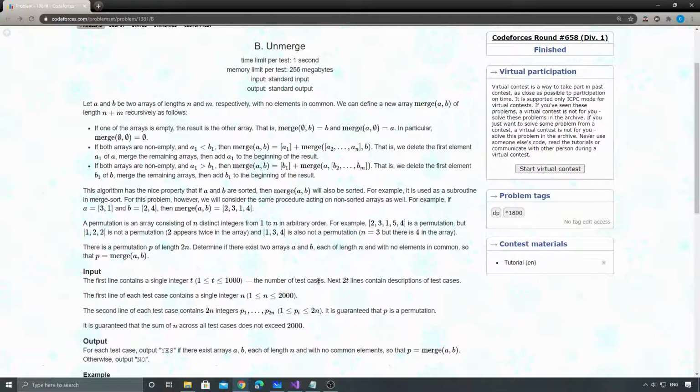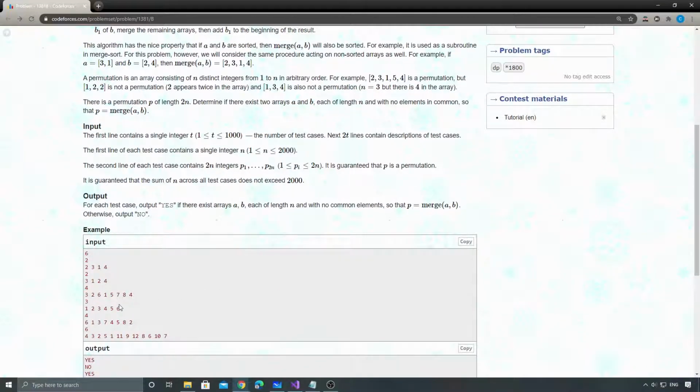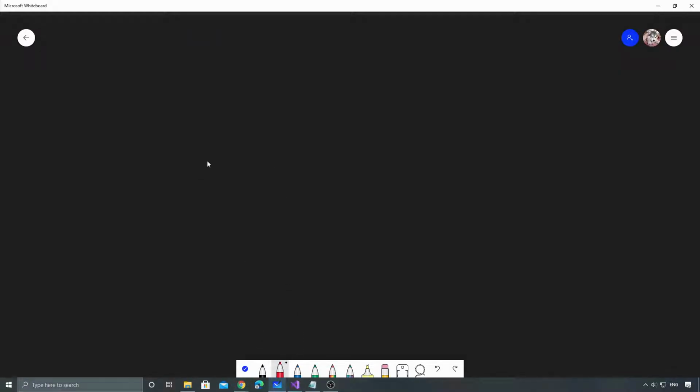And so how do we solve this problem? Let's just use this one as an example. Let me write this down here. So we have 3, 2, 6, 1, 5, 7, 8, 4. That's the input. To solve this problem, I think one of the key observations is that